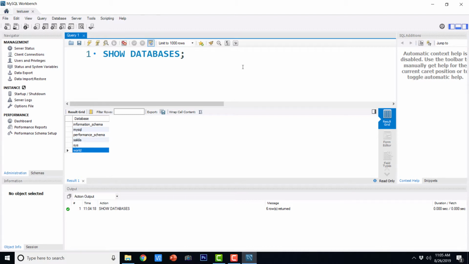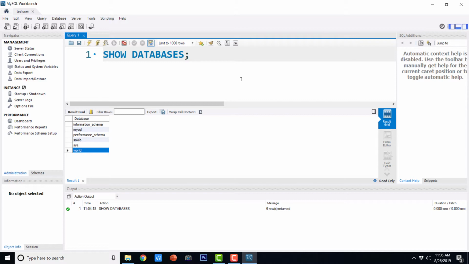Now there are a few things that we should be comfortable with. You can hold the control key of your keyboard and then rotate the mouse wheel, and this is how you can increase or decrease the character font size here in the query window. This is one of the most convenient ways to change the font size. All you have to do is press down the control key and rotate the mouse wheel. If you rotate the mouse wheel in the forward direction, it is going to increase the font size, and if you rotate it backwards, it is going to decrease the font size.